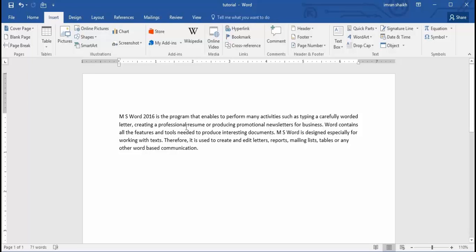So here I have written one small text in my Word document. There is a word called newsletters, or promotional newsletters. Just for the sake of example I have taken promotional newsletters. So MS Word is used for producing resumes or creating promotional newsletters for business. Suppose one person, apart from me, is also using this document, and while reading it that person didn't understand the meaning of promotional newsletters. So what you can do is highlight it, select these two words, promotional newsletters,